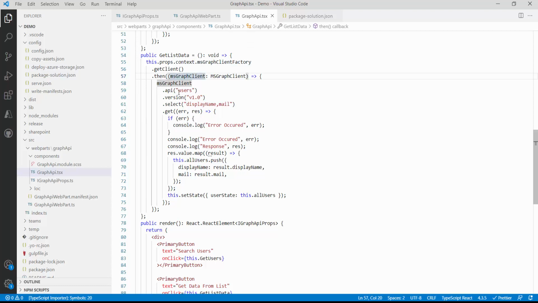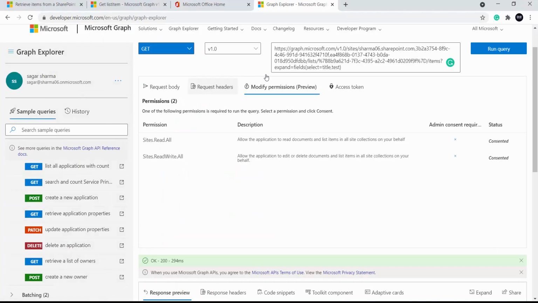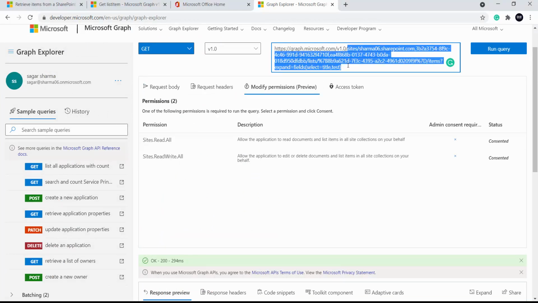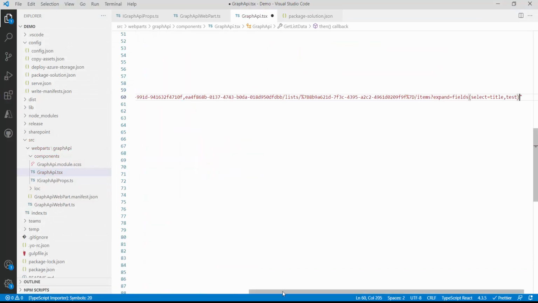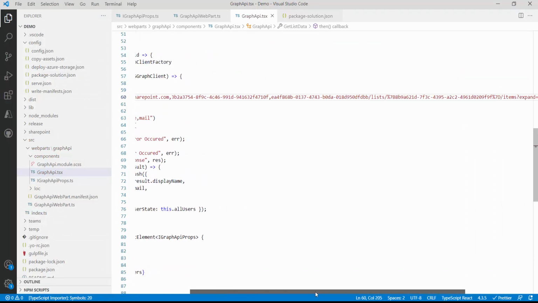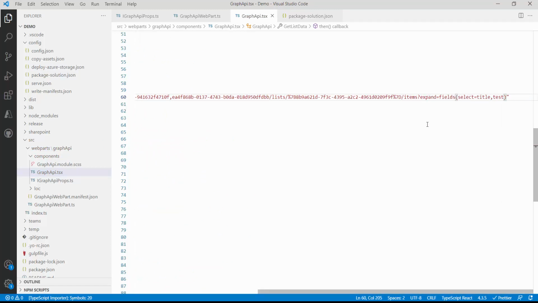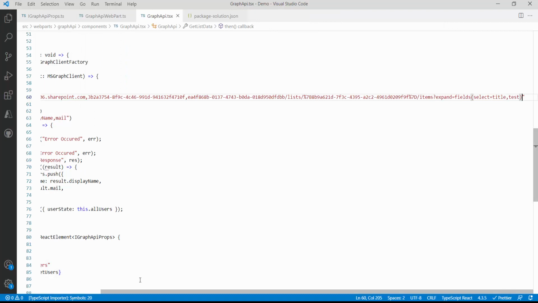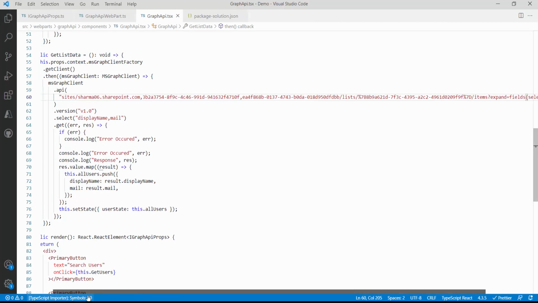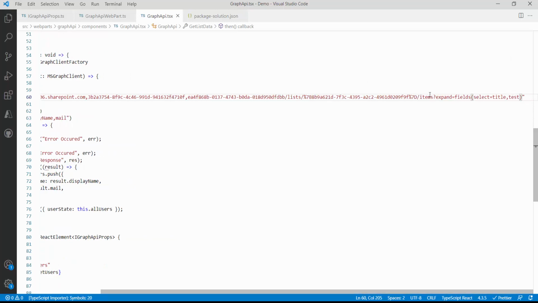Now what we have to do is simply modify this method getListData. Till here it would remain the same. The API we have to change. So in the API, from here we'll start till here, sites, I will paste it over here like this. Control S. Site slash, everything remains the same. But this will not work because of expand. Although this is working in Graph Explorer and it should work, for some unknown reason this was not working when I tried at my end. In the response I was getting null. So what we have to do is remove this from this particular part.